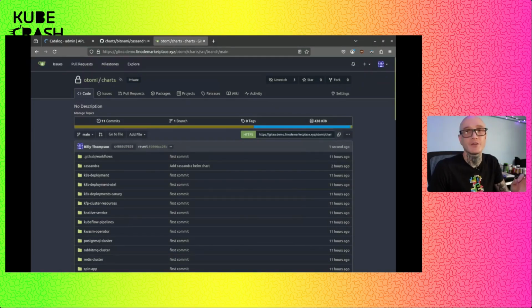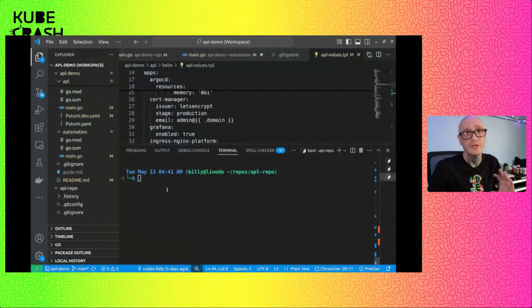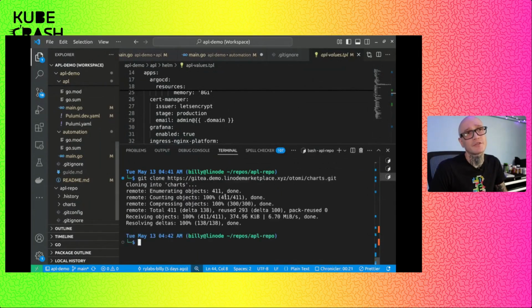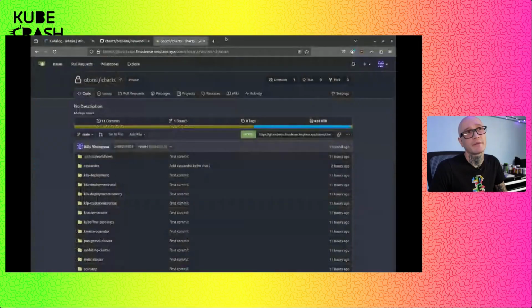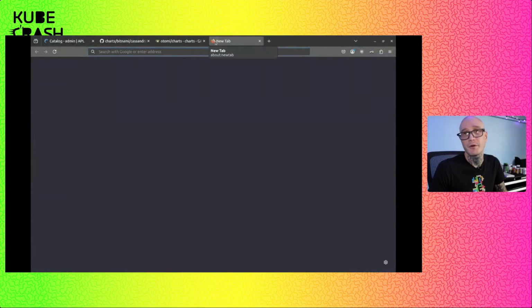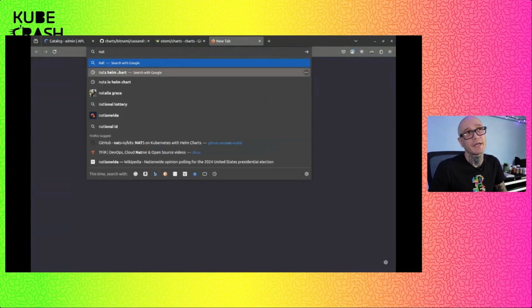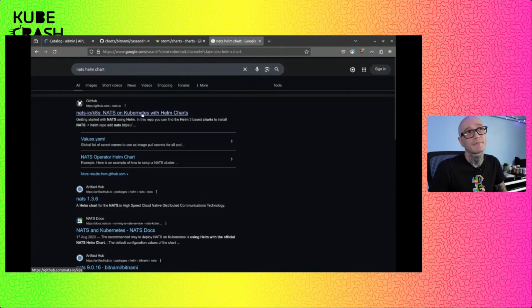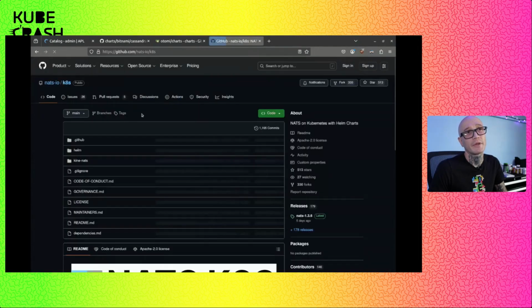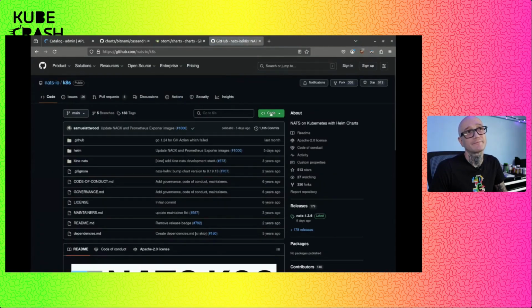We're not going to manually do this through the UI for every team that's geo-dispersed all over the place. So just to quickly demo how we would go about that in the code way, we can clone this charts repo. And then let's say I want to add nats. So I will clone that repo as well.